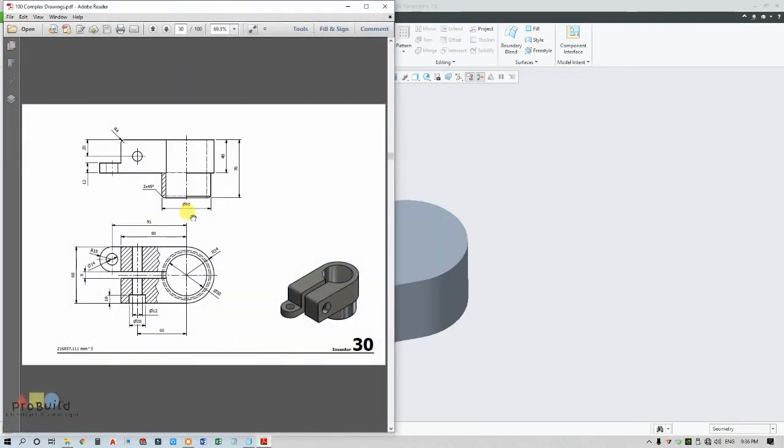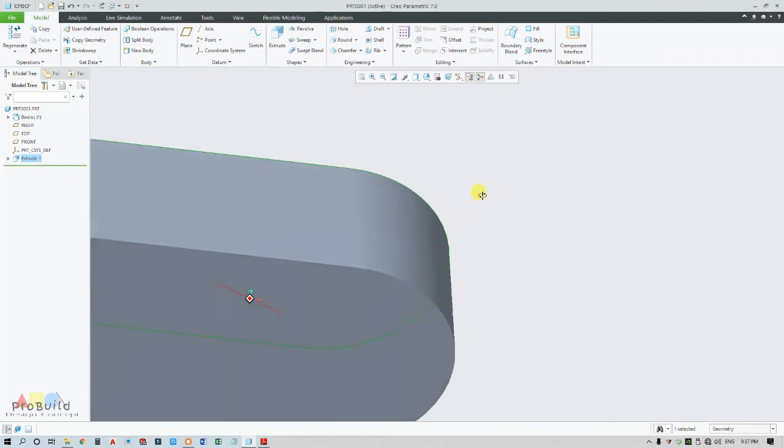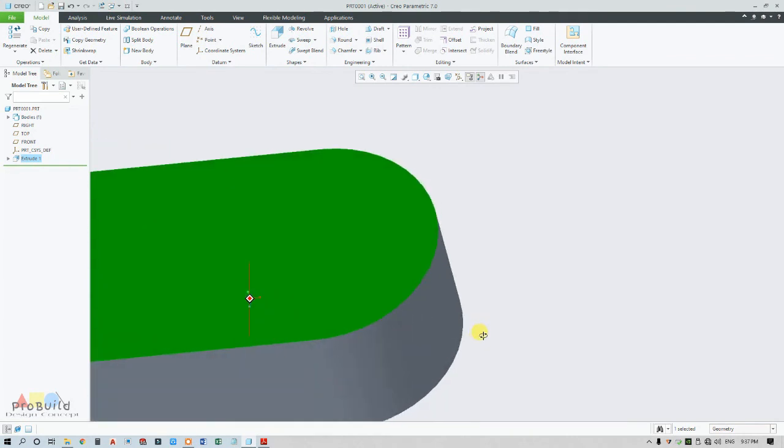My second section is 60 and it is extruded up to 70. I mean 70 minus 40 is the remaining extrusion, so it has a taper of 2 into 45. I'm going to select any surface, either top or bottom.